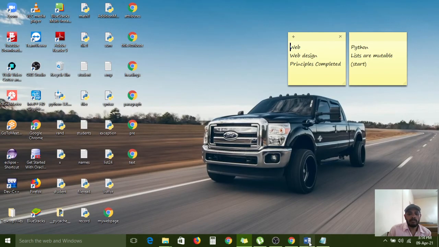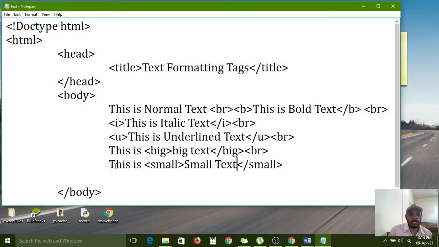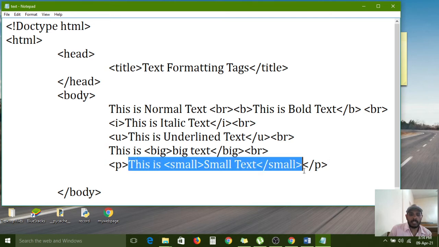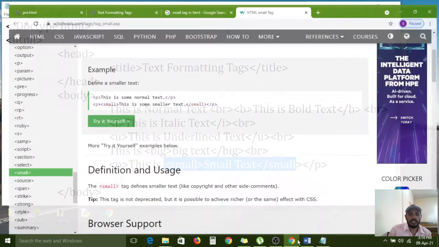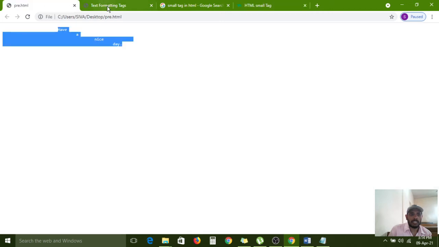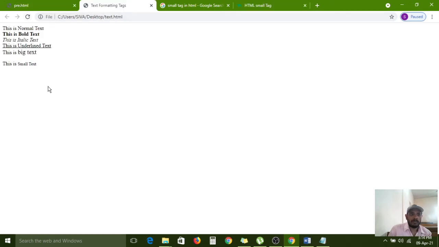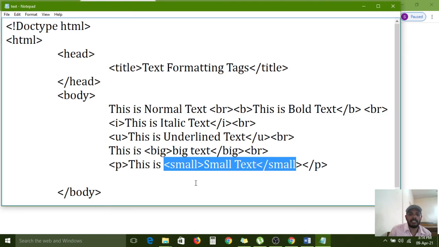For example, at the start you can apply the paragraph tag, and this complete line is called a paragraph. In that, the small tag is also configured. Then you can see the difference. It is also printing the same normal way, but some space has been applied like that.